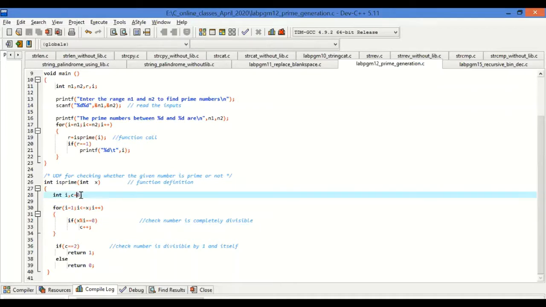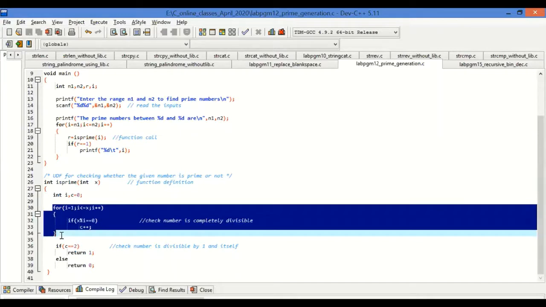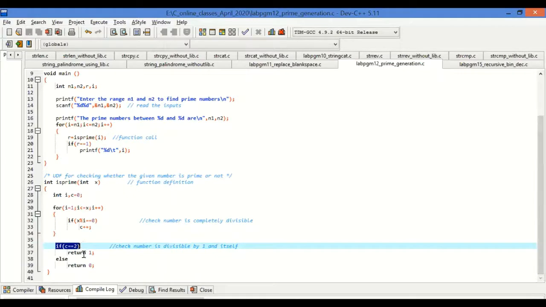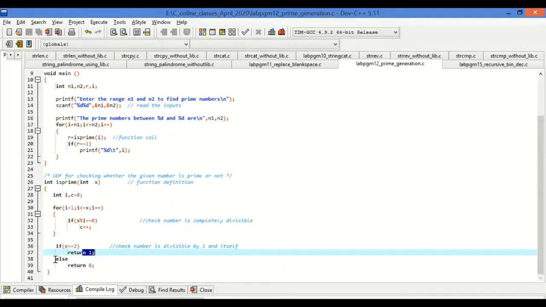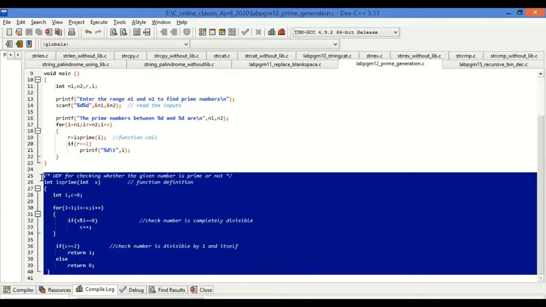Count is 0 initially. If that number is prime, after completing this loop, that count should be 2, that is, the number is divisible by 1 and itself. If it is more than 2, it is not prime. Same thing: if c is equal to 2, return 1, which means it is a prime number, else return 0. So this part is clear.